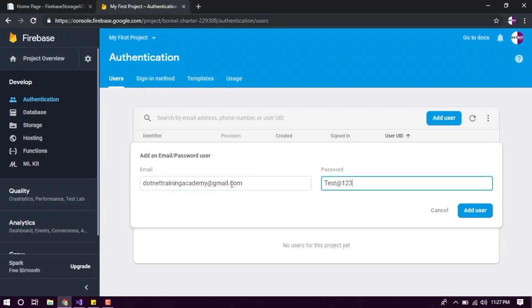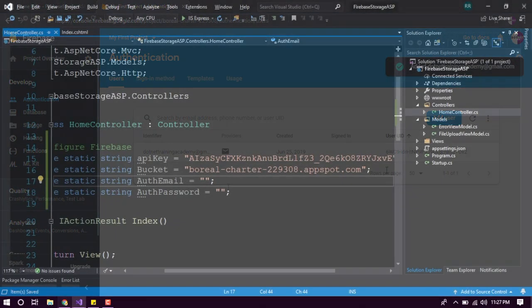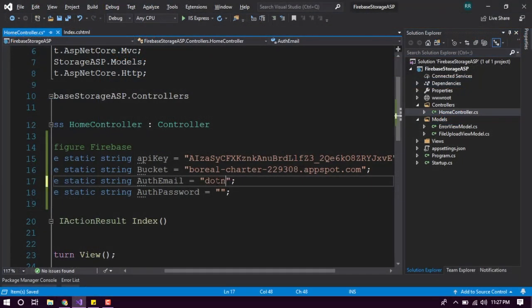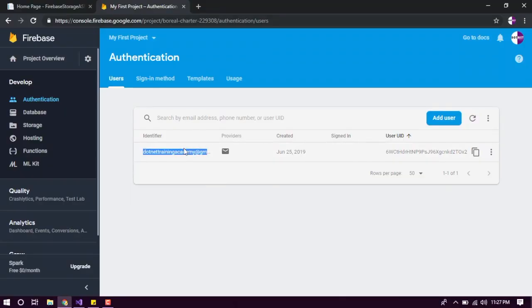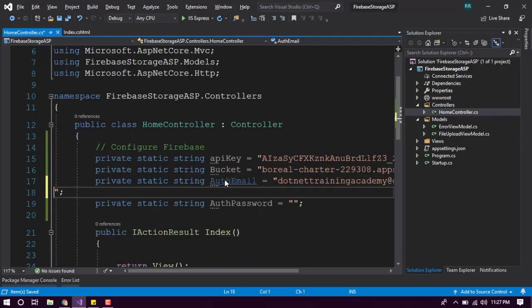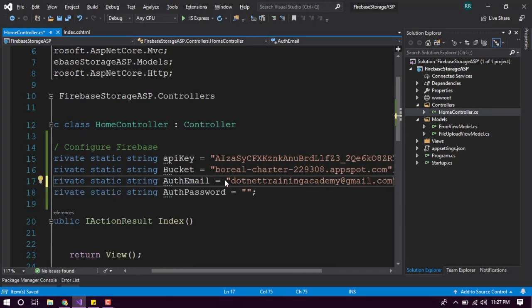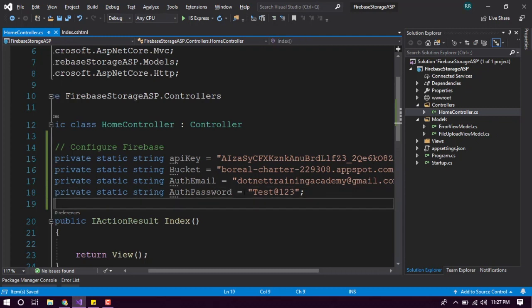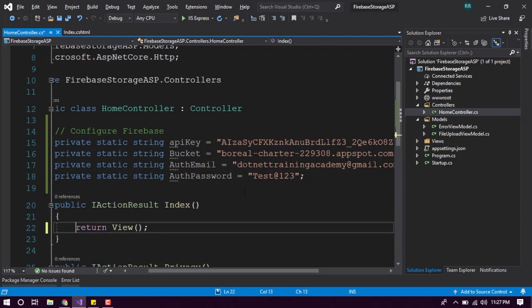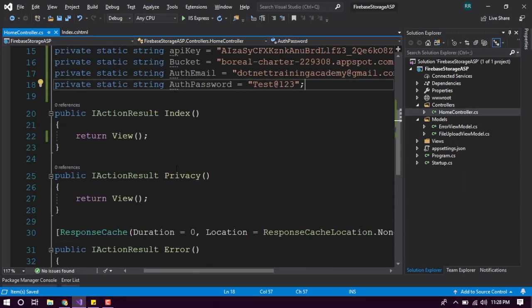The password is going to be test123, and then we have to type that same email. Let's copy this one and just paste it over here, and type the password, which is going to be test123. So that's it. We successfully configured all our database configurations,